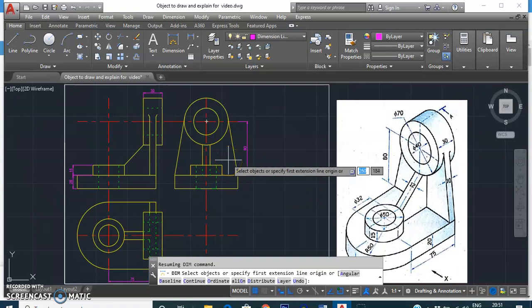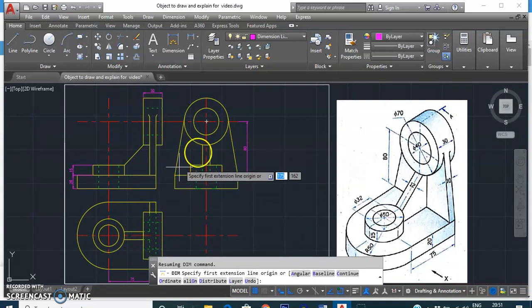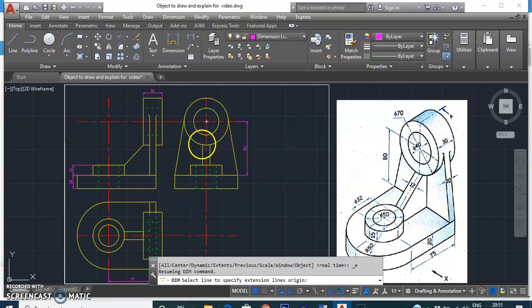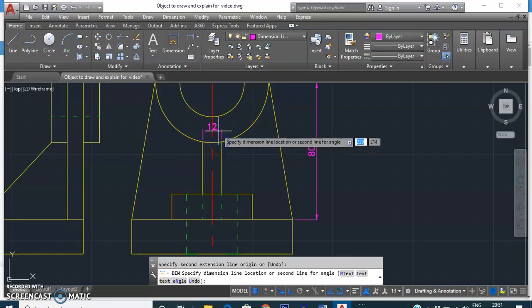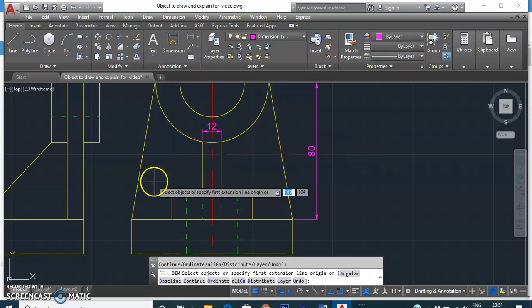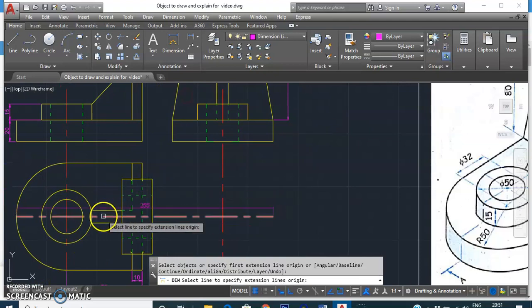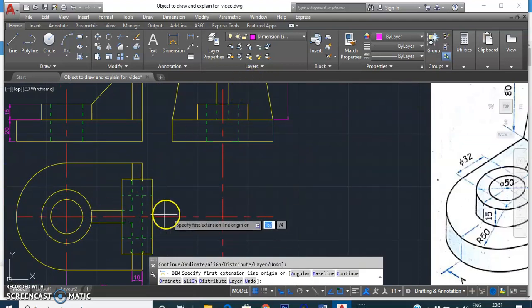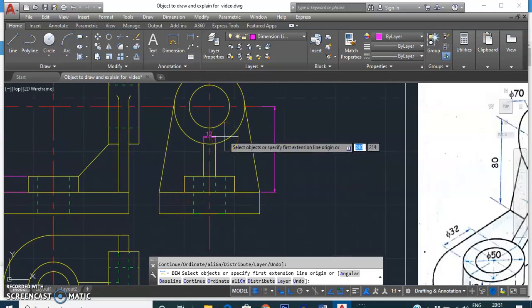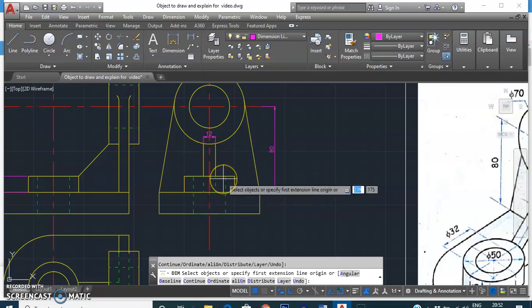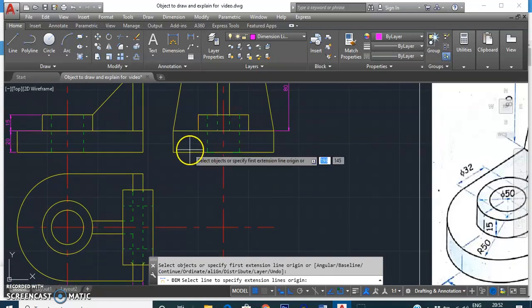Now are any other dimensions there? Rib dimension is there, that you can give over here. Generally we avoid giving dimensions inside the view, but the rib does not appear in any view on the extreme side, so it is bound to be inside the view. And generally we also avoid giving dimensions for the rib when we are asked to give the major dimensions. We avoid giving dimensions to the rib. Fine, so I guess we are done with this.